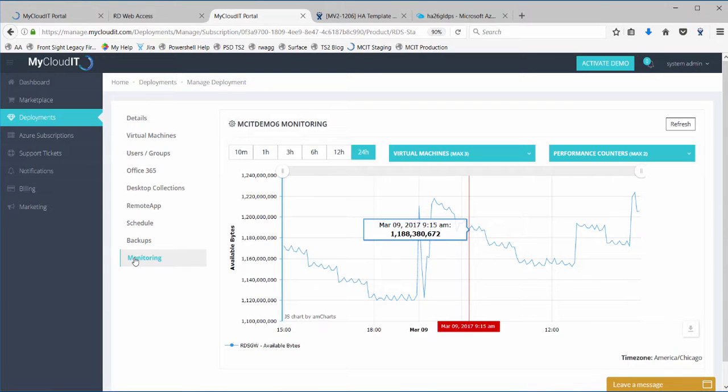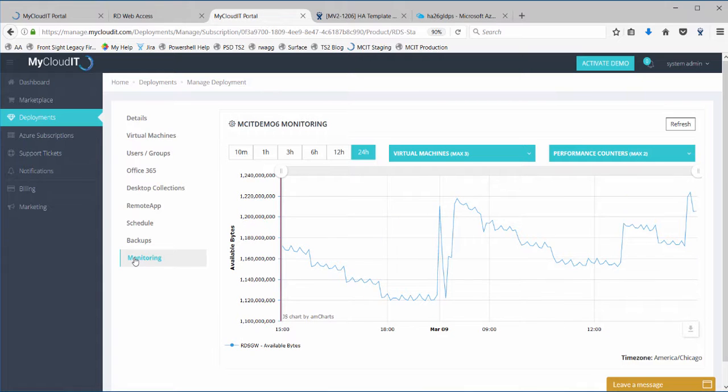Today I'm going to touch on monitoring and show you some of the cool capabilities we give you out of the box. Let's think about the traditional on-premises Windows Server deployment, when all of a sudden the customer says, I have performance problems, what do we do? Typically, we would say, okay, customer, let me put my performance tools in place to start data gathering. The cool part is Azure and MyCloudIT working together surfaced that over the last 24 hours. So instead of saying, customer, let me put the tools in place to catch it next time it happens, you can say, customer, let me run to the dashboard real quick and see what performance has been like over the